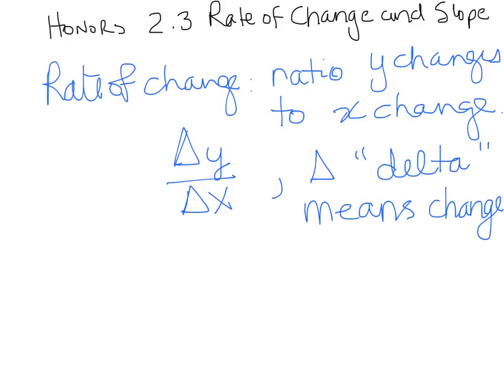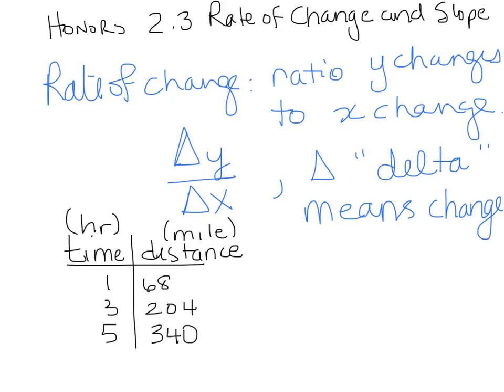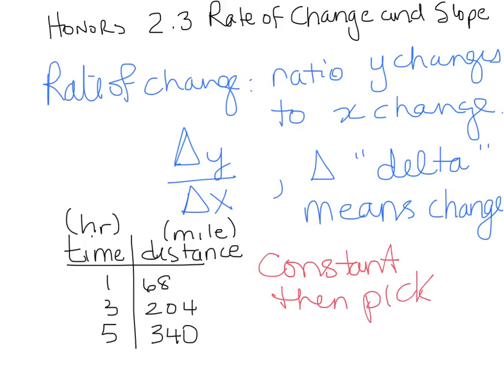Alright, so what happens when you have a constant rate of change? Okay, so what happens is you have a table of values. I have my table of values, and I want to discuss the rate of change with distance with time. And because they told me this was a constant rate of change, then I can pick any two values. Pick any two values, and you should get the same value for your rate of change. So what am I going to do? Let's look at this and say delta y over delta x